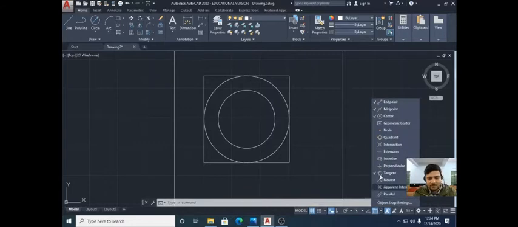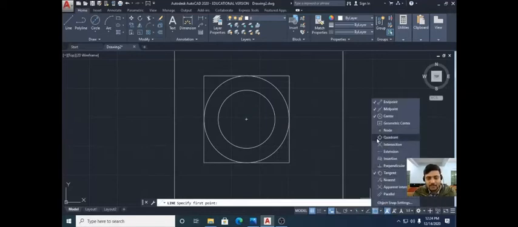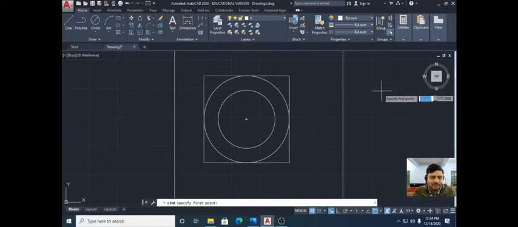In the object snap tool, click on the quadrant, because let me show you, if you select a line and come onto the line, the object snap will only show the center, but you have to click onto the quadrant part. But the quadrant part is not blinking, you are not able to see it. What you have to do is come into the object snap tool, click onto the quadrant portion, click anywhere on the screen. Now you can see that quadrant points are showing to you on the screen. They are blinking in green color in the quadrants.